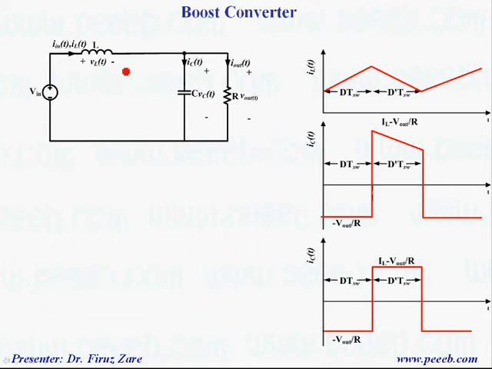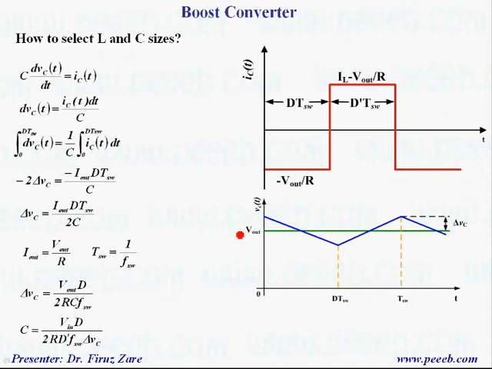That means when the switch is off, the current through the inductor passes through the capacitor and also through the load. We can assume that the current through the capacitor is similar to this one, ignoring the ripple when the switch is off. So we know that when the switch is on, this is the current. When the switch is off, this is the current. Then we can find the average current through the capacitor. So basically here, according to this equation, which is true for any capacitor, we can make the integral over this cycle